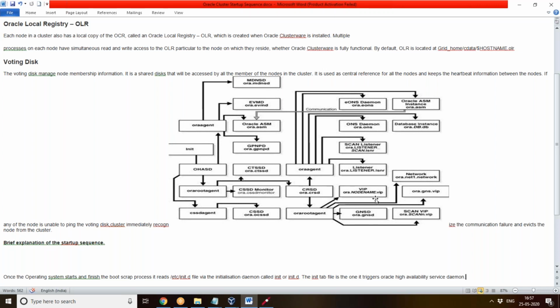So if we want our grid naming services, that is in large organizations, they will follow this GPNPD and the corresponding GNS daemon service. While we are installing, you would have observed that it would ask in one step whether you want to set up grid naming service, and whether you want to give a separate IP for that. If we click that, you have to give a separate IP.